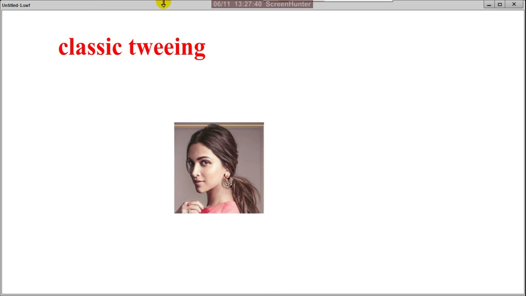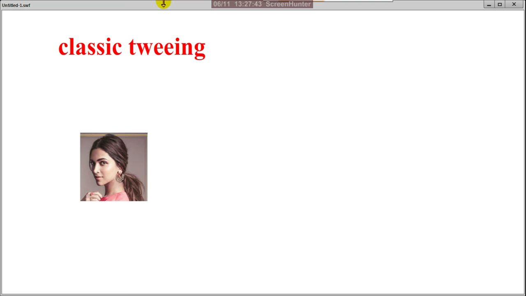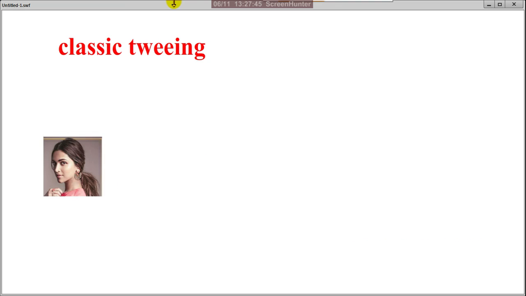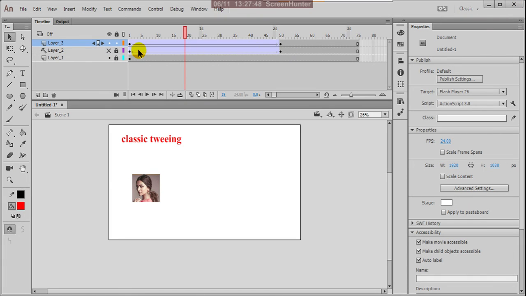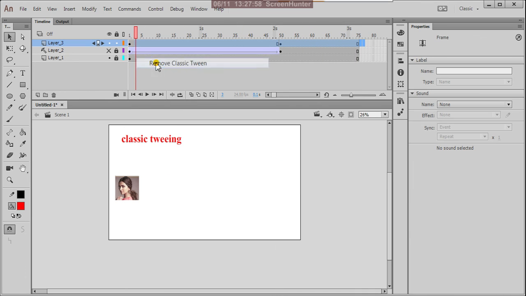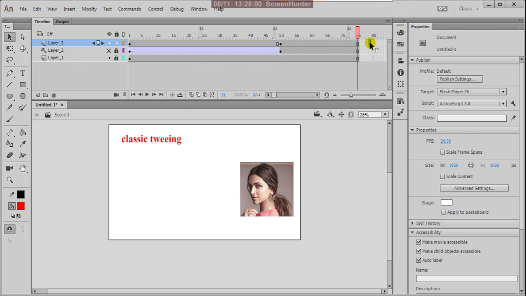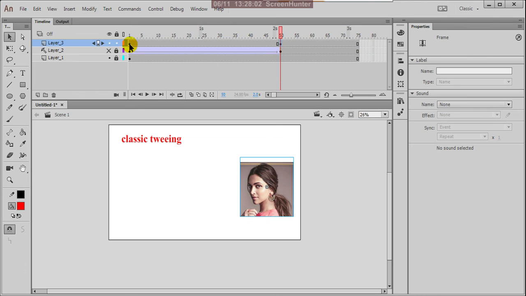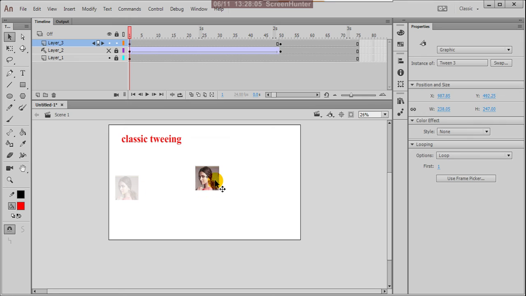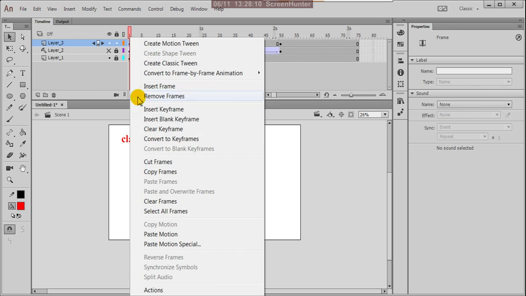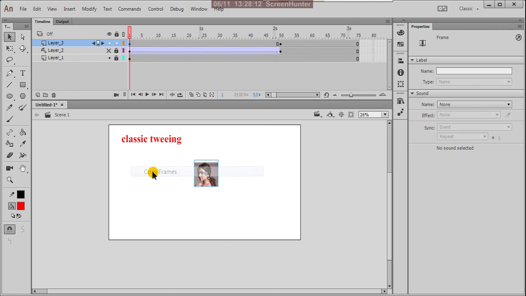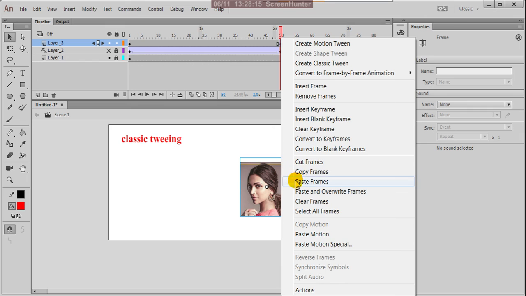So this is for the class explanation. I'm giving you the examples. For examples, I'm using this. Or otherwise you can change this. Suppose in this case I want to change this differently. You can remove this entire classic tween, and you can place this frame here in the center, and you can copy this frame and paste it here.